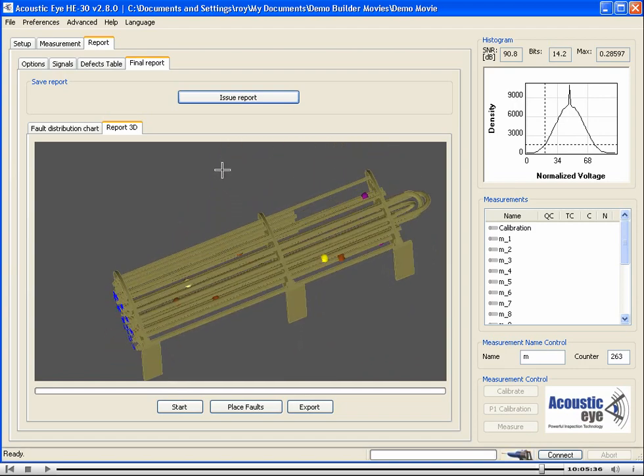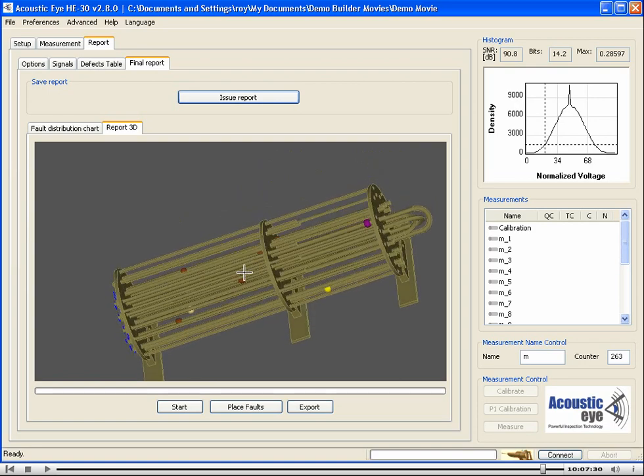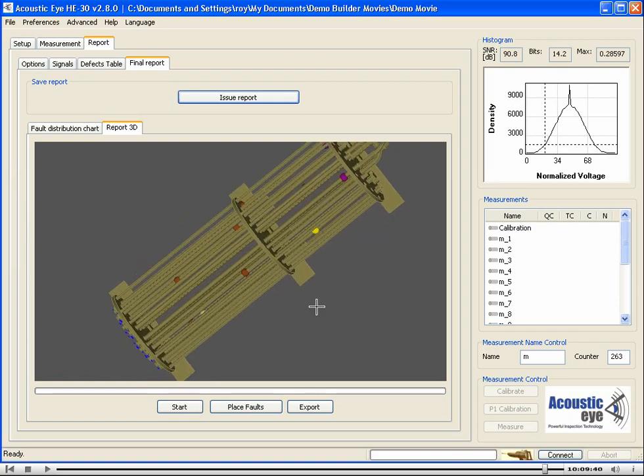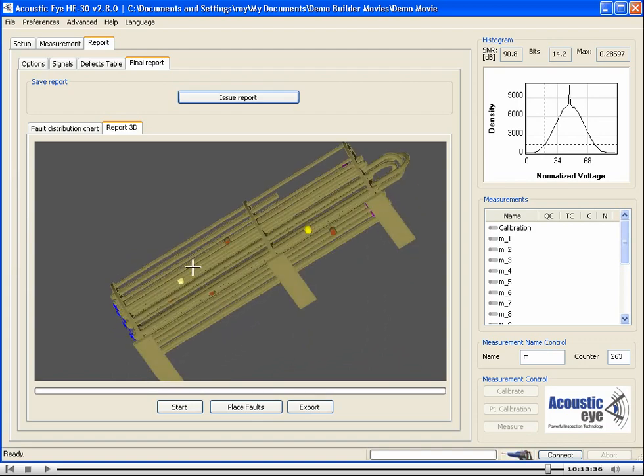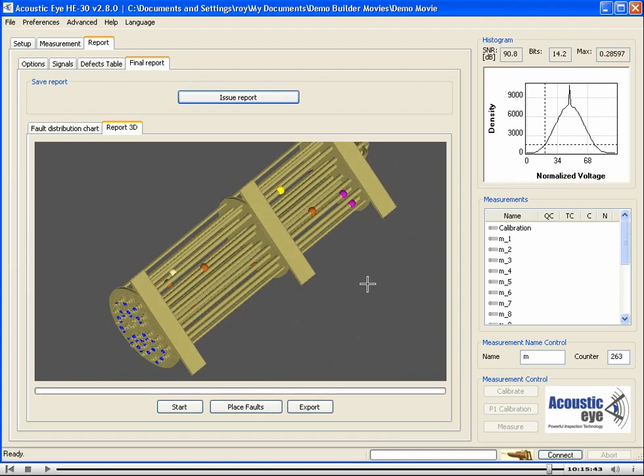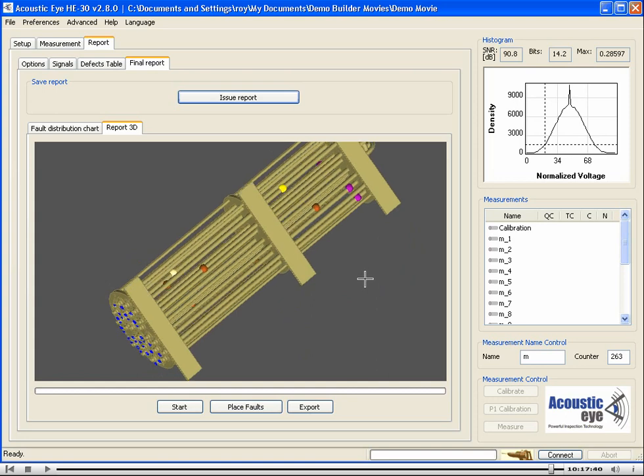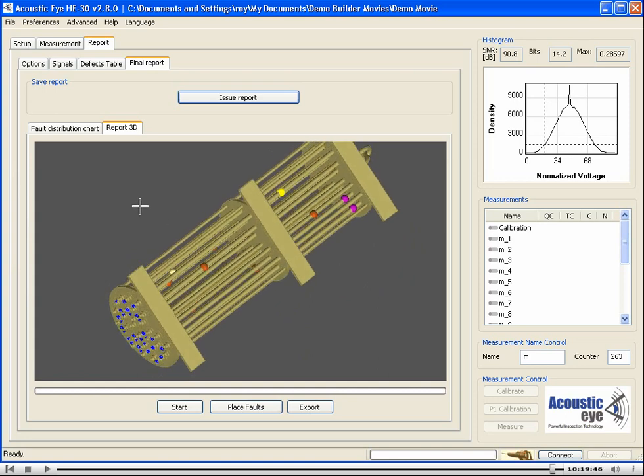The system also has a capability of showing a three-dimensional representation of the unit that was inspected, and you can see here with different colors all the defects that were detected and their exact location in the three-dimensional plane. This basically concludes our short